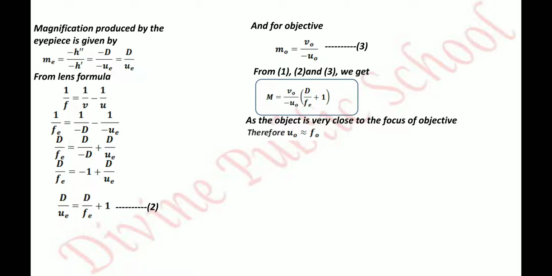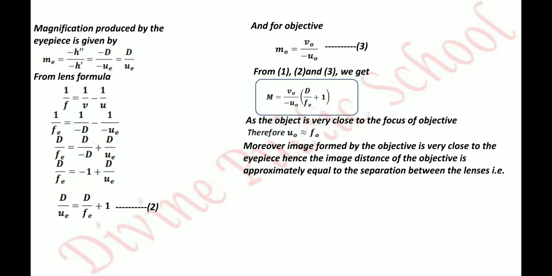Moreover, we have defined that the image formed by the objective, which is between the focus and the optical center of the eyepiece, if this image goes nearby the eyepiece, the final image gets magnified highly. So what we do, we adjust the separation between the lenses such that the image formed by the first lens, which is your objective, falls very near to the second lens. So the image formed by the objective is very close to the eyepiece, and hence the image distance